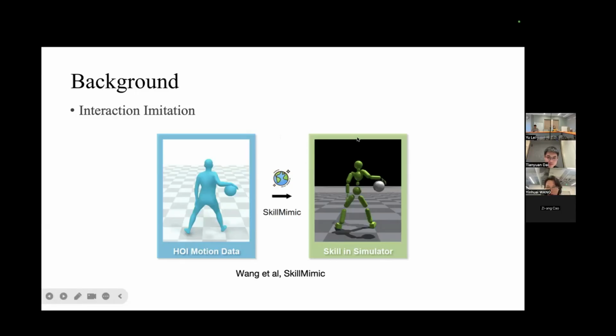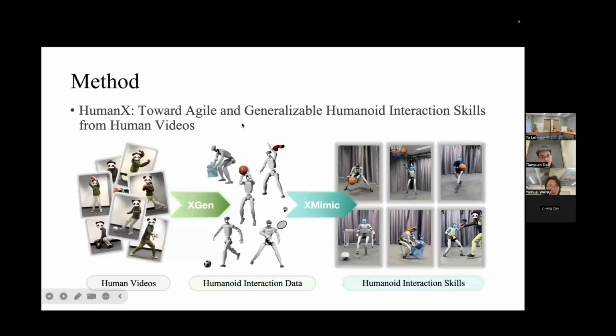The third problem is the data source. How do we get enough HOI motion data? Usually, to get very high-quality HOI motion data, we need a mocap system for data collection, which is very expensive. But can we have a more convenient way to do that? To solve those problems, we propose HumanX.